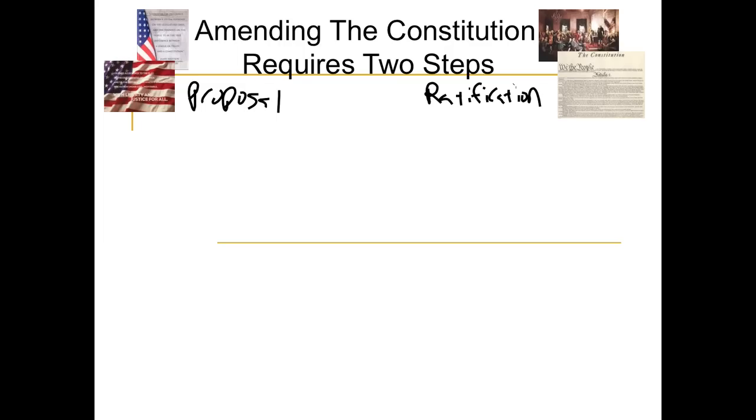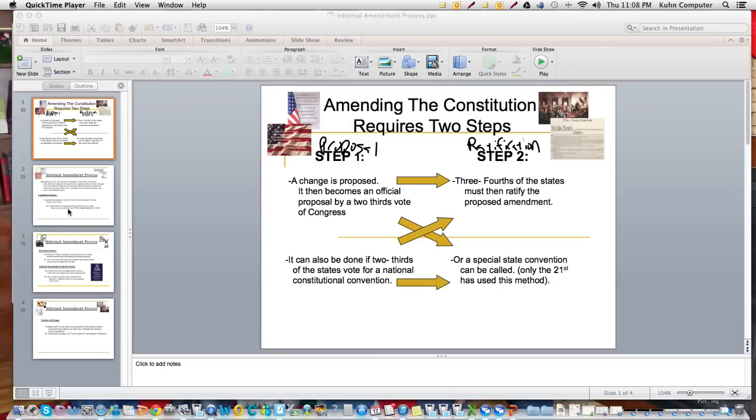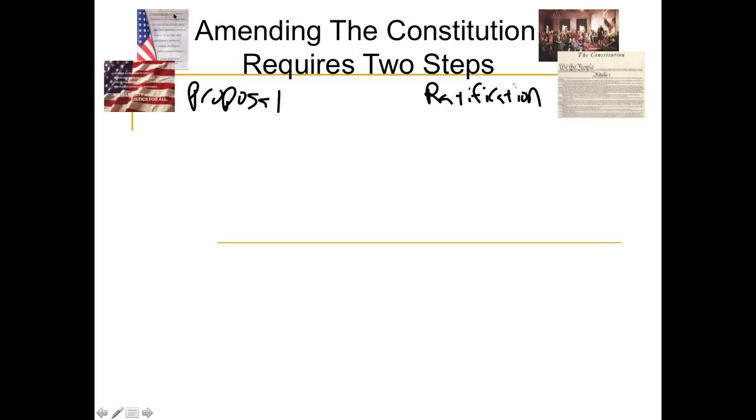Today we're going to take a look at the amendment process to the Constitution. We're going to look at the formal and informal amendments that we have to our Constitution. As we know, the Constitution has been formally amended 27 times. We should all know the First Amendment, freedom of speech, press, religion, etc. And the 27th Amendment, passed in 1992, forbids pay raises to congressmen until after the next election.